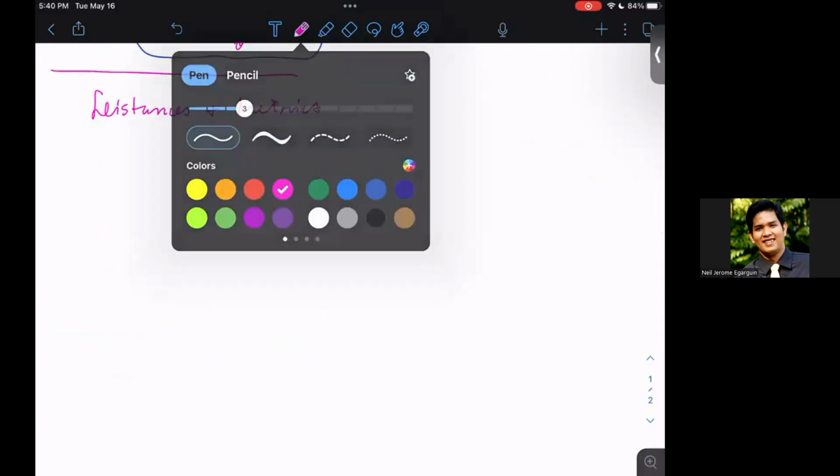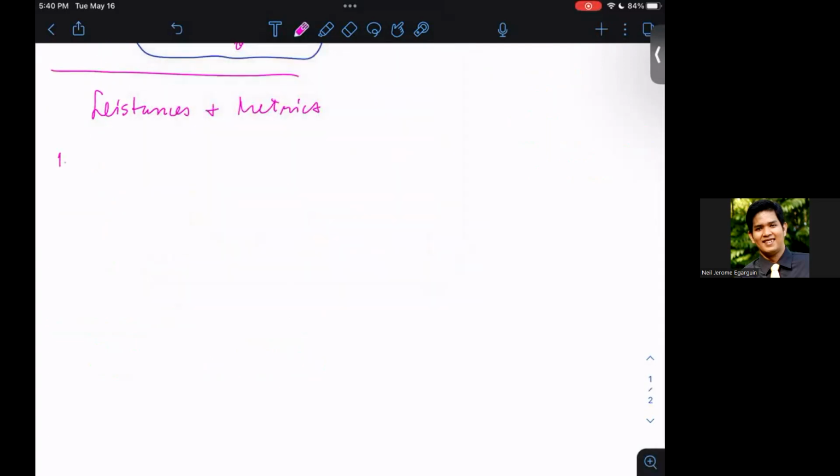The first class probably would be the Minkowski distance. Minkowski distance, these are distances that are norm-induced. So these are norm-induced metrics or distances. Okay. So when we say norm-induced, not norm, but norm-induced,